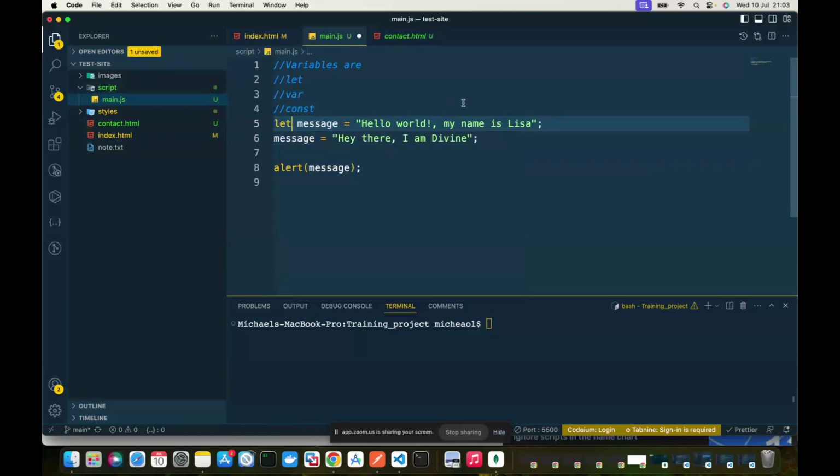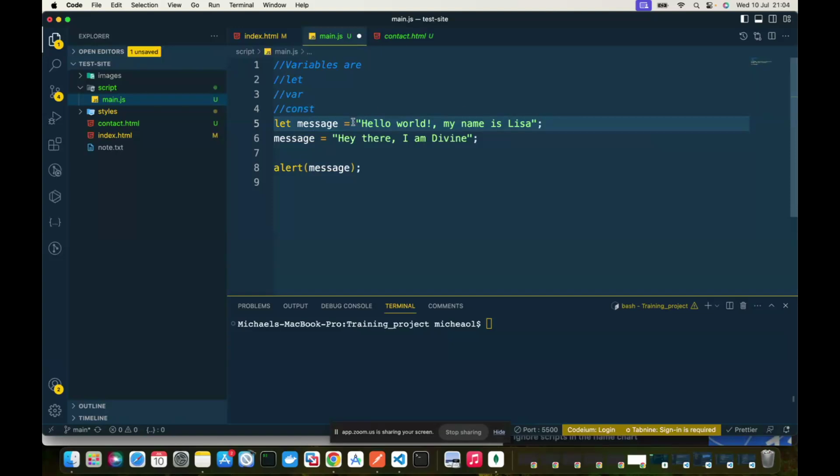And Divine is now looking for a name to call the same thing. Sometimes you will run into a problem of not knowing what to call your variable. It's very possible. So Divine also chooses to name its variable message, and they are doing the same thing. So it's going to override that of Lisa, right? But if you don't want it to change, or you don't want someone by error to change it, you use const, right?